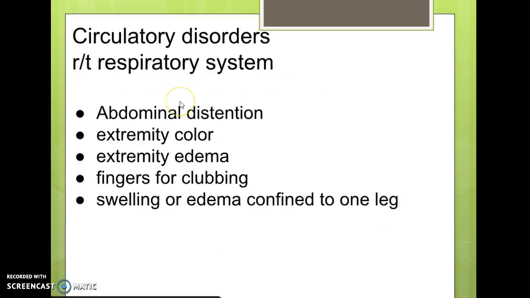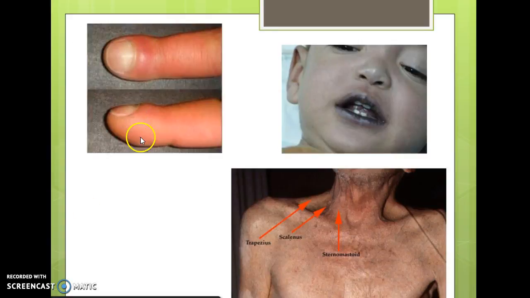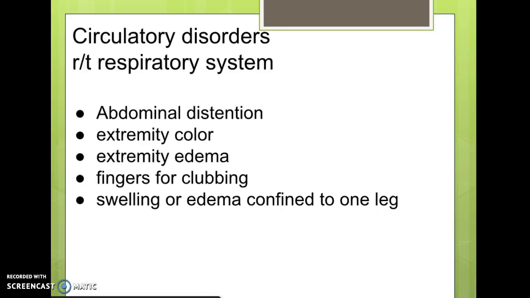Lastly, the circulatory system is really closely related to the respiratory system. So here's some things that we might see that relate to the respiratory system. Fingers for clubbing. There's a picture of that, and mainly that just means that the end of the fingers look really spoon-like. And the cause of that is not really agreed upon in the medical community. Obviously, it has to do with increased venous blood flow, but no one knows what causes the increased venous blood flow. But we do know that there is a correlation between clubbing